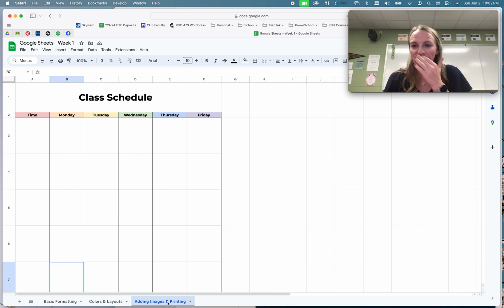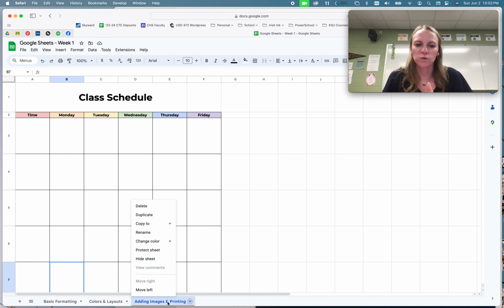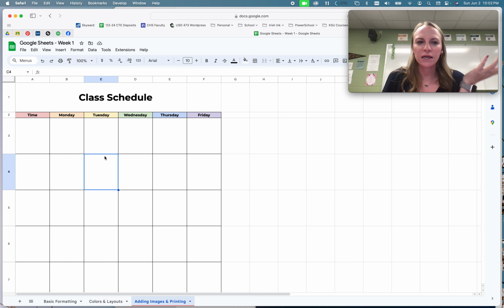So if you were to set up a plan book and you have a week that you like to have it set up perfectly, you can just copy and paste that. You just right click here and duplicate, and you can utilize that more often or have like a template that you use with that. So that is something that I utilize when I am in Google Sheets a lot. This is a class schedule that I have set up or that I've utilized before,